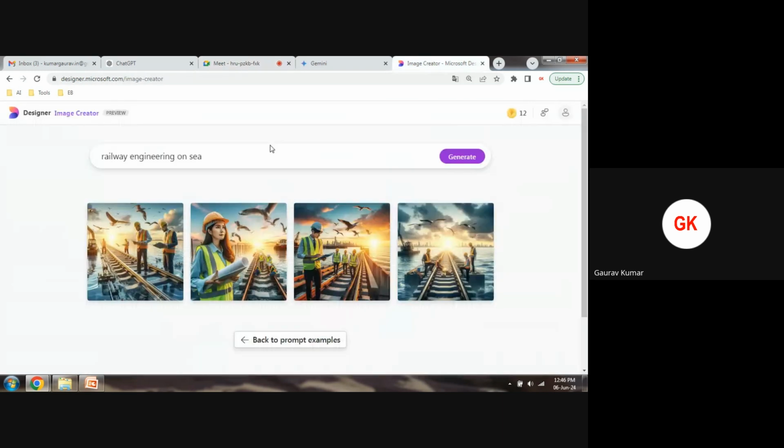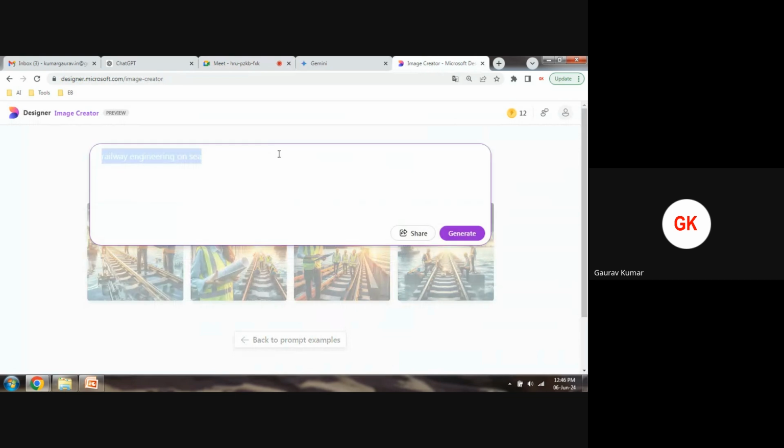In the same way, if I want to generate another, for example, I want to generate some diagram. Okay, so lots of inbuilt templates are available, lots of pre-built